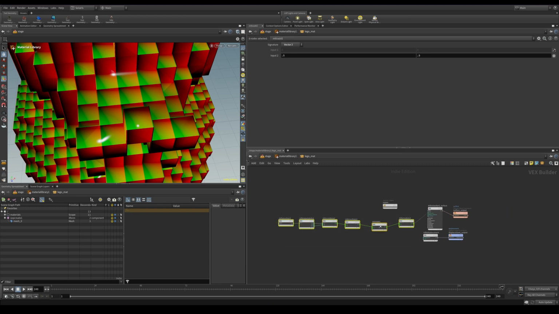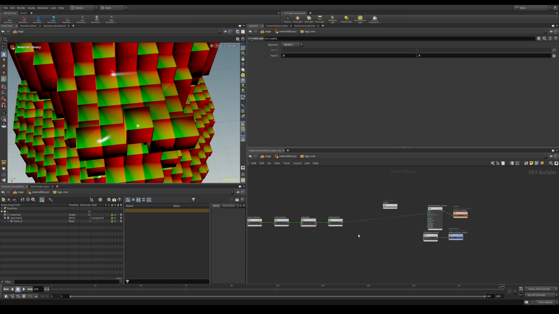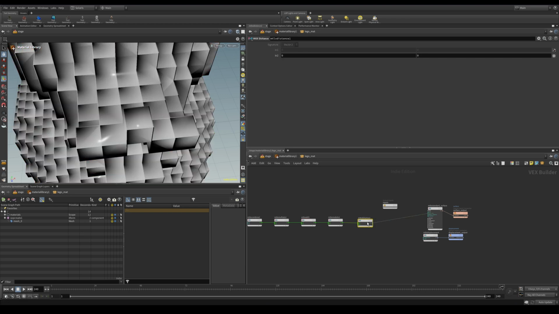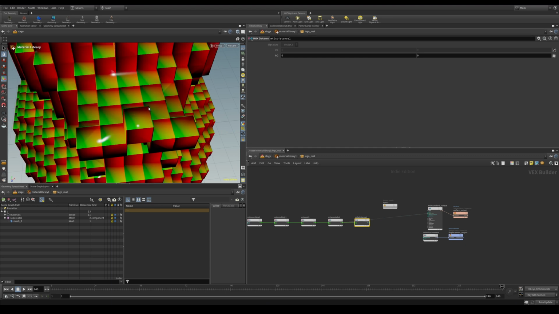All right, that's great. Next, I need to create the stud shape itself. So a little circle. I want to make a little circle right here in the middle of all these tiles. And for that, I can use the distance node. Now the distance node will calculate the distance between two vectors. So it's going to take the first vector, which is all of our UV tiles, and the second vector is going to be right here. Now the UV tiles, if I just go back to those, are calculated in a 0 to 1 space.